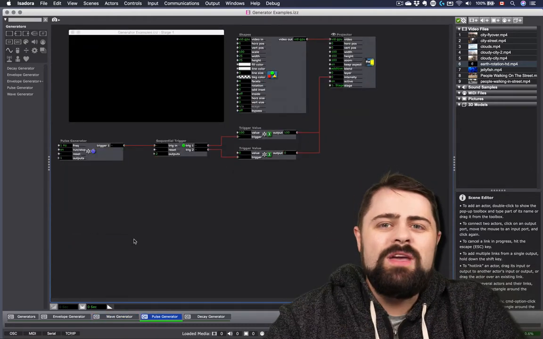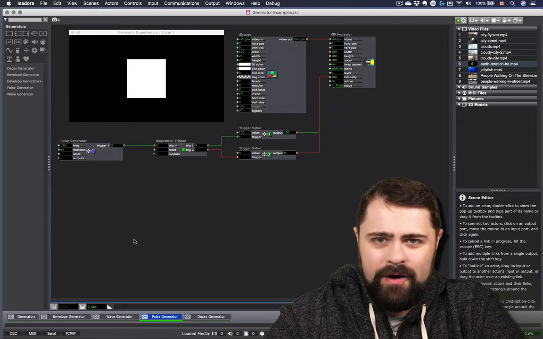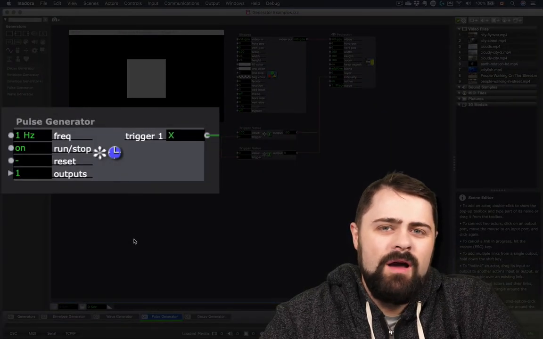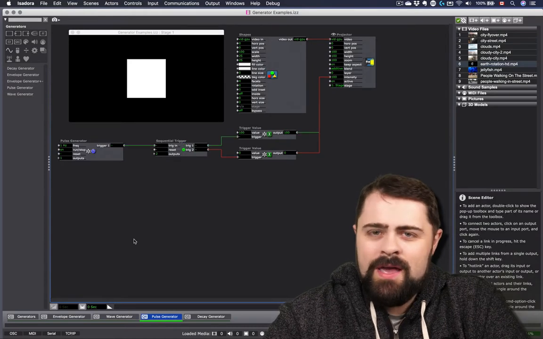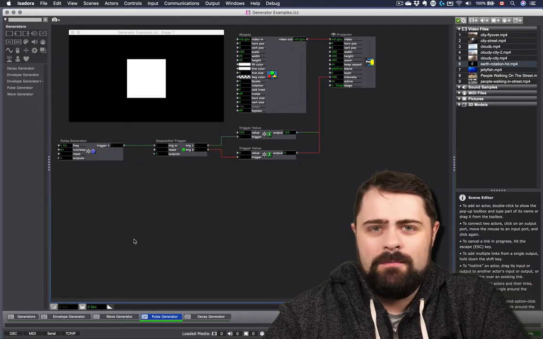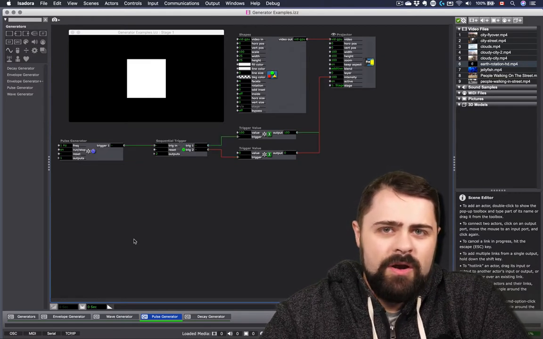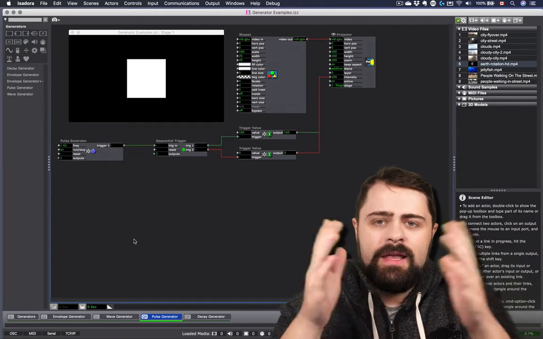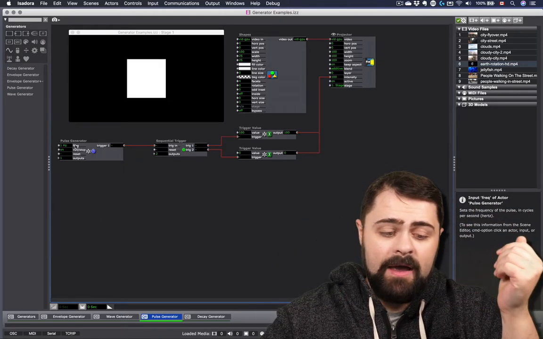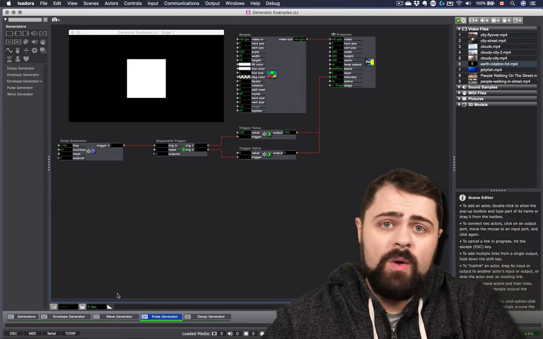Moving right along, we come to the pulse generator. I like to think of the pulse generator like one of those dodo birds that Homer Simpson used in a famous episode of The Simpsons to press a key on his keyboard for him. The pulse generator is basically clicking a trigger at a rate defined by the frequency, similar to the wave generator.